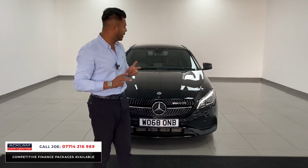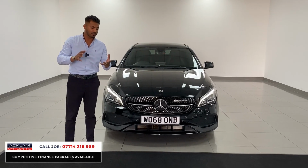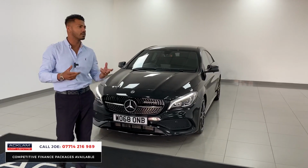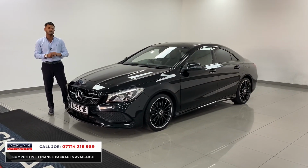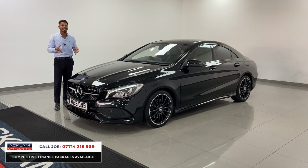I had a quick look earlier. If you're looking to buy this car on a PCP package, just a rough estimate, 10% deposit, so that's something like £2,699 deposit. 4-year PCP at 6,000 miles a year, this car is only £353 a month. That is a lot of car for the money, because this is a nearly new Mercedes diesel